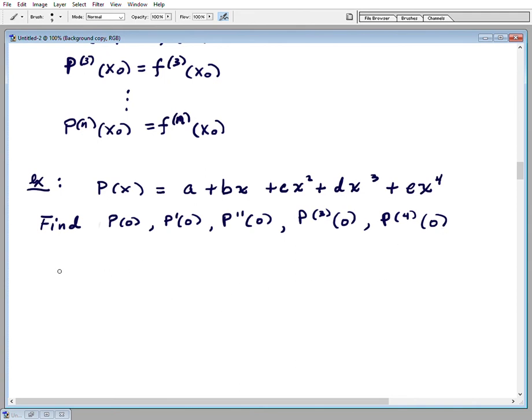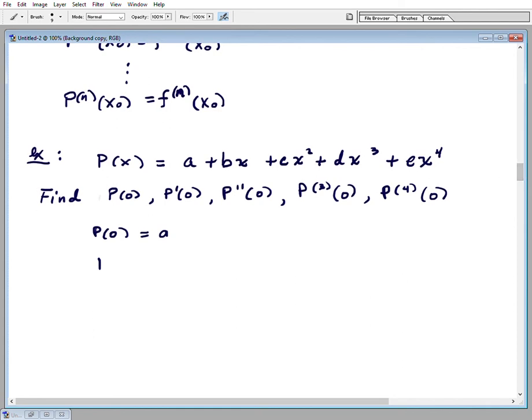All right, so let's find that. First of all, p of 0 is a. Everything drops out. Okay, first derivative: that drops out, we have b